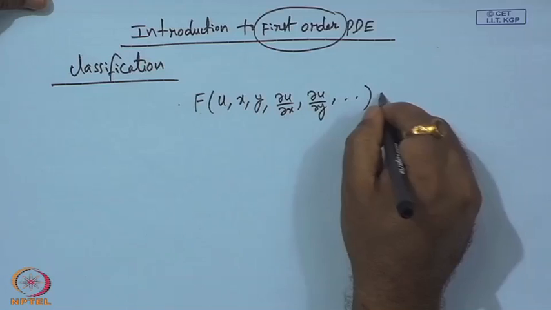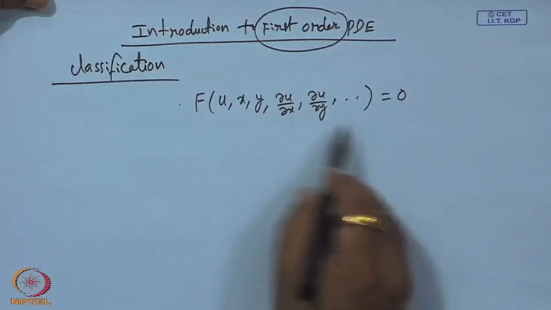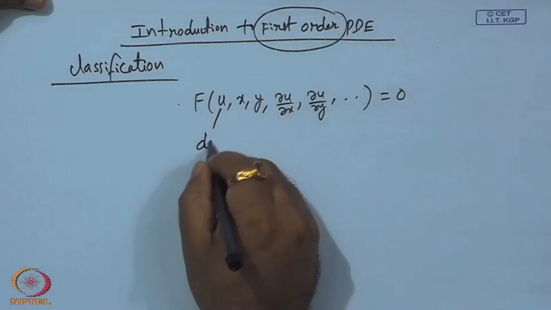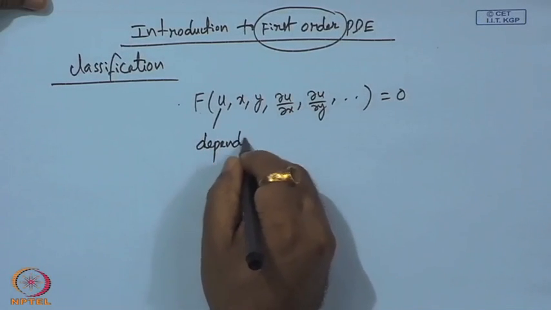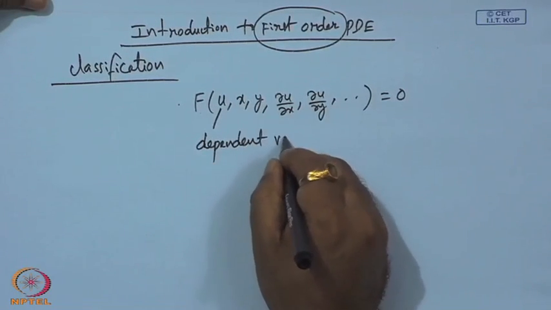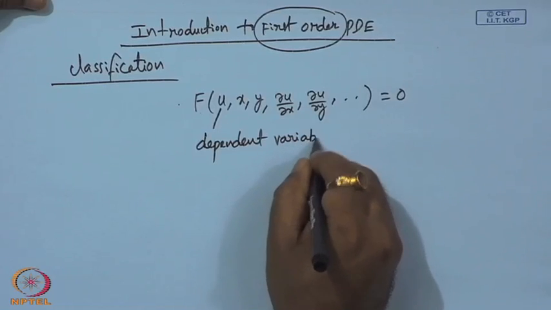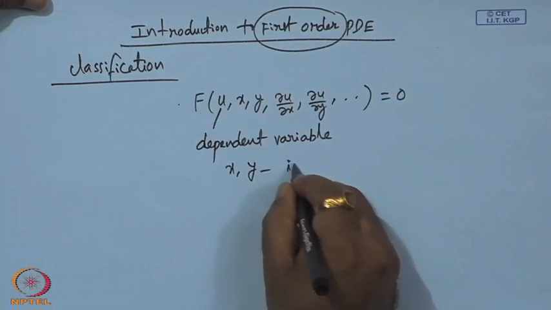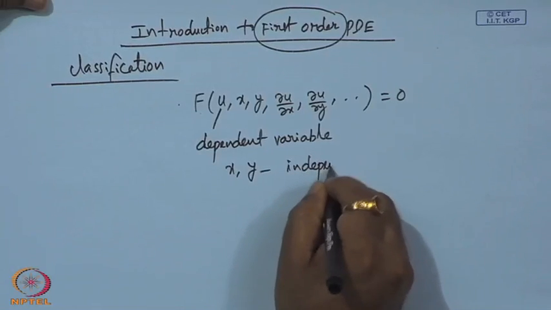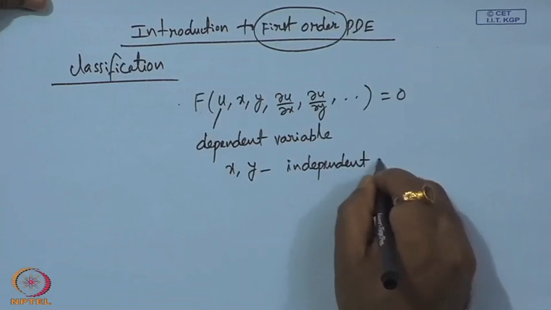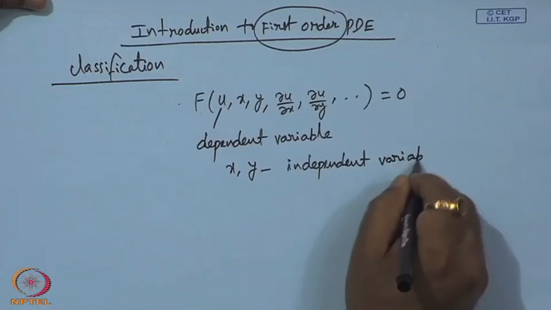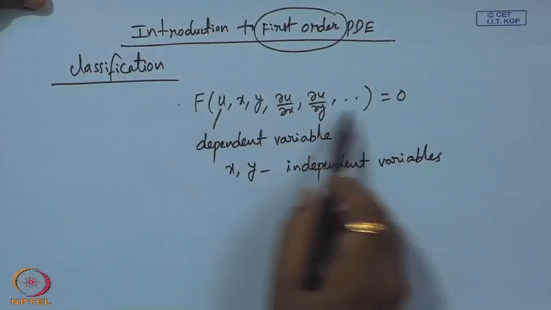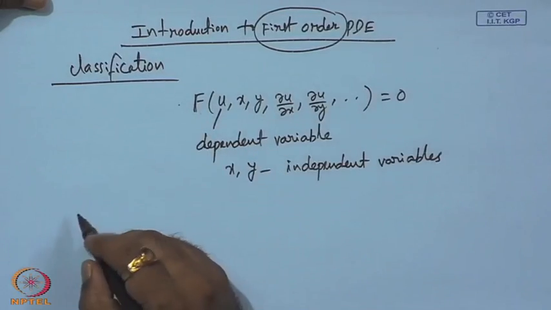So, this is called a PDE, where u is the dependent variable, x and y are independent variables. However, depending on the form of f,